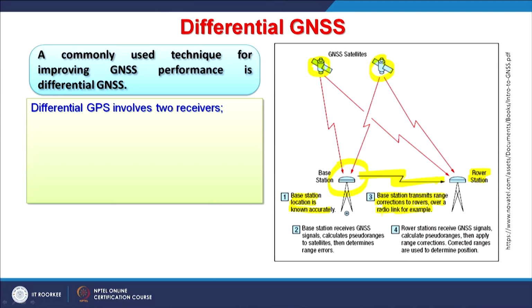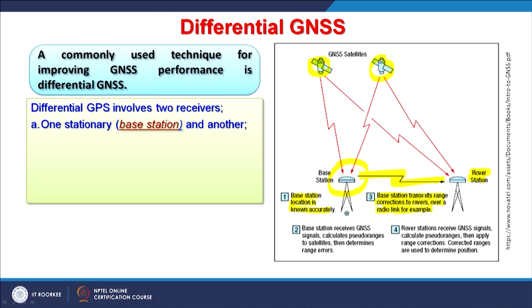So it is optional whether the error information from the base station is transmitted to the rover in real time. It can be done later also, because sometimes it is not possible to transmit the data when the baseline, the distance between these two receivers, is large. So later on, through post processing, differential GNSS can work and an accurate position can be achieved.